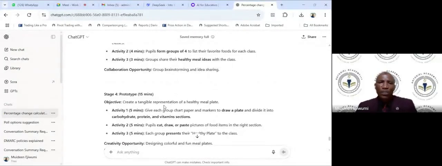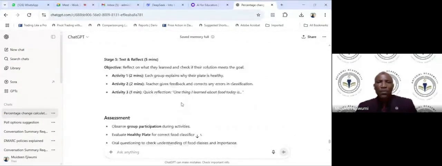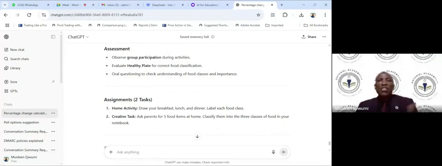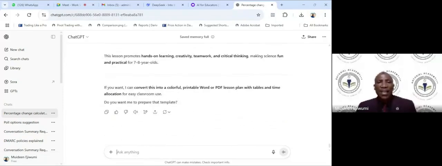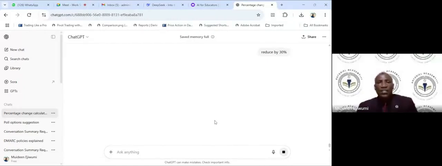Look at even stage 1, prototype. Wonderful. I love this. Now, if this assessment is too much, you can say reduce by 30%. Let's see. It's going to reduce it because sometimes a lesson plan may be more than 3 pages, and some schools will say they need a maximum of 2 pages. So you can redefine and say reduce by 30%.